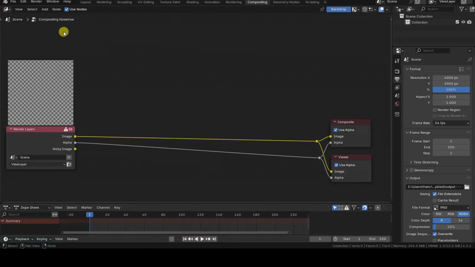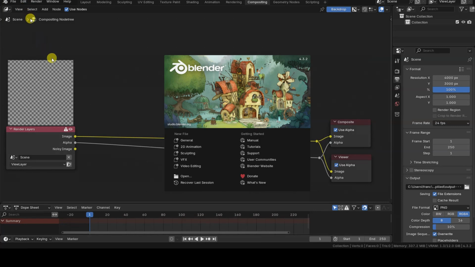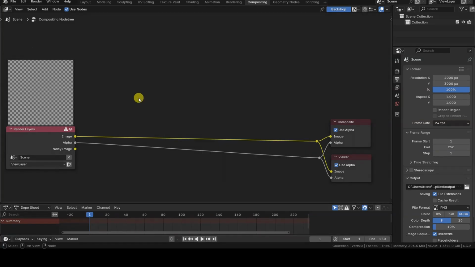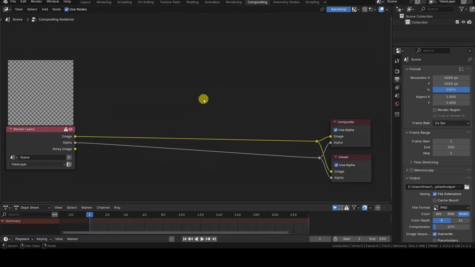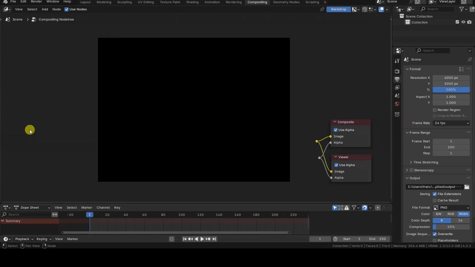This tutorial was recorded using Blender 4.3, but the compositing nodes used have been available in several previous versions of the software and will likely continue to be available in future releases as well. All the work takes place in a compositor editor, so a virtual camera inside the scene is not even required. In fact, I can also delete the Render Layers node, which is present by default in new compositing setups.